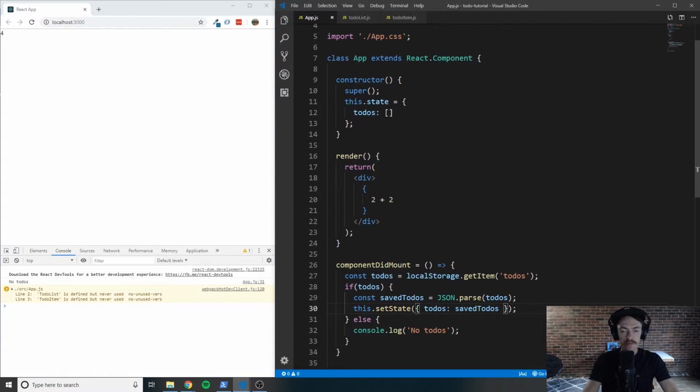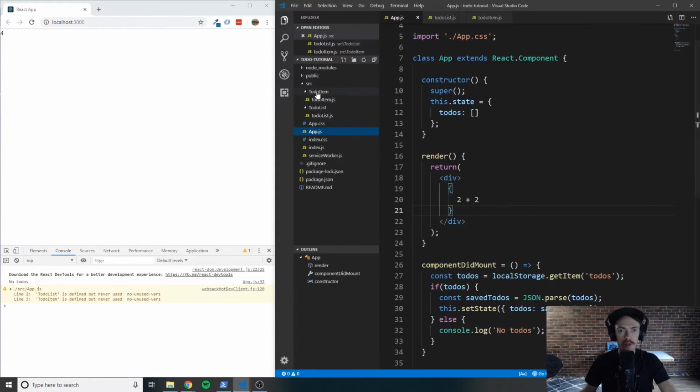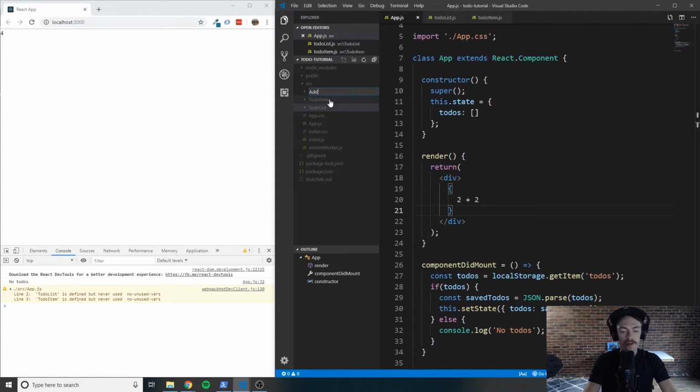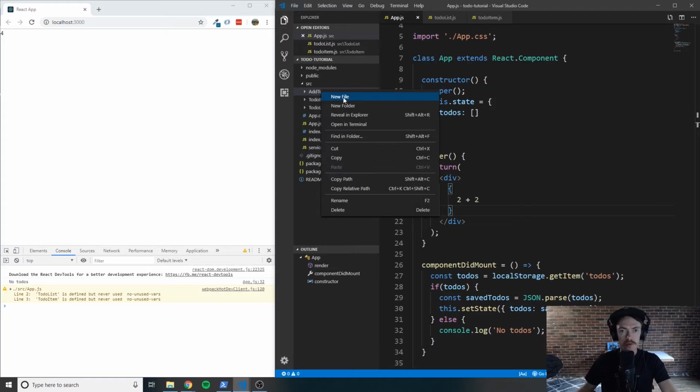So we'll save this. But see, we don't have any to-dos, so how are we actually going to be able to see this? We're going to need to create another component. Let's create a new folder inside of source. We'll call it add to-do. And inside of here, we'll create a new file called